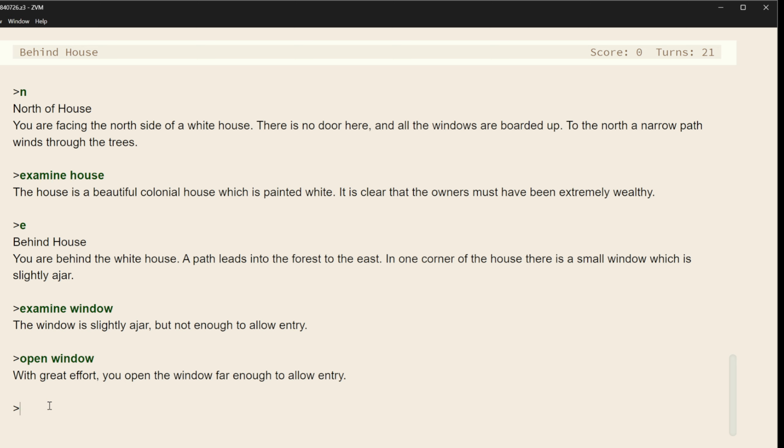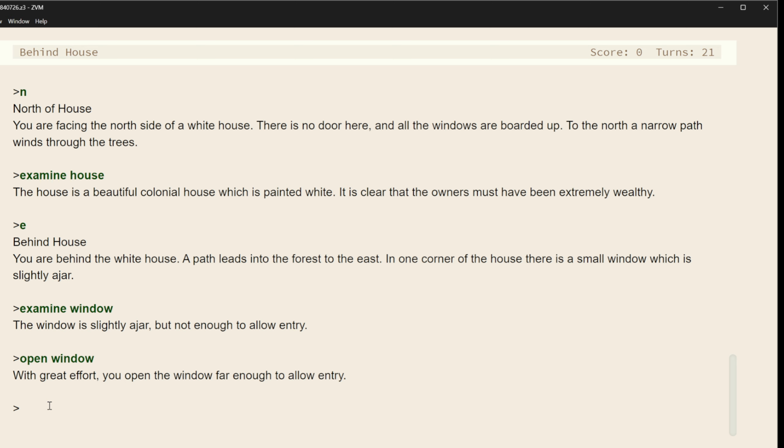Some of these commands can be natural language, but what these games really support is a very specific dialect, this kind of verb noun, and there are only so many verbs that are supported, so you're not going to be able to do things like stand by the window, right? That implies a kind of analog world, where we can position ourselves near anything in the room, and by default that's just really not how things work.